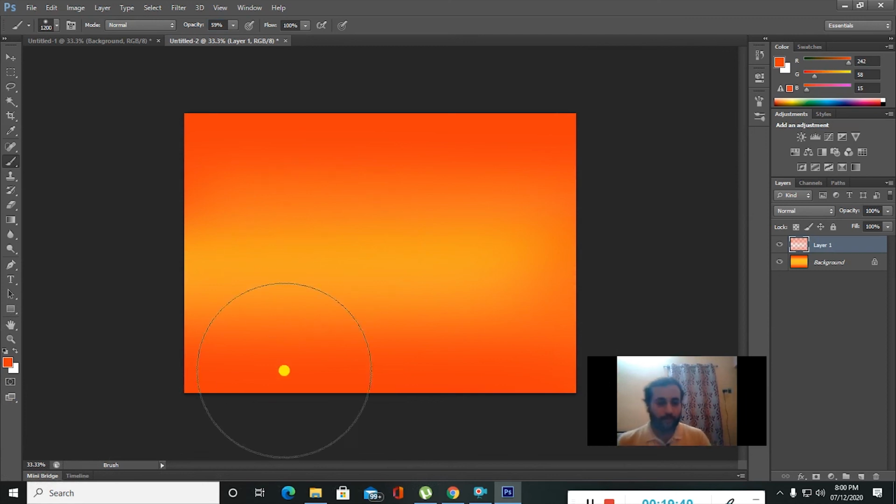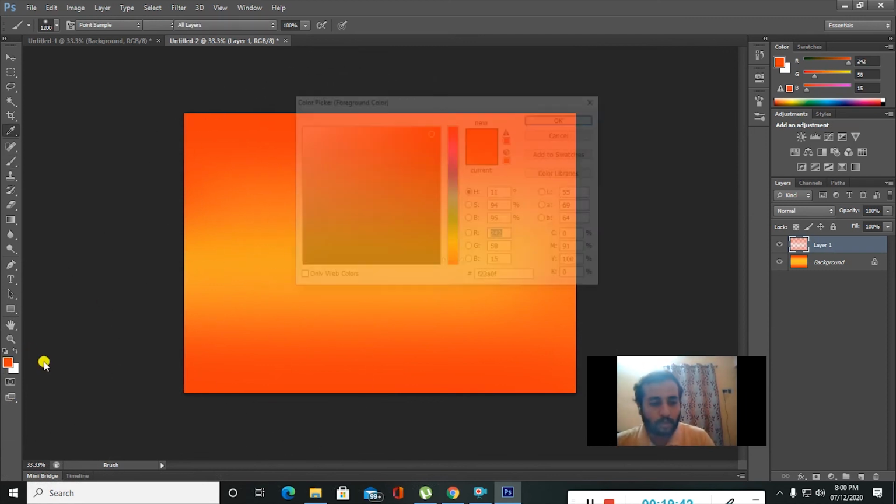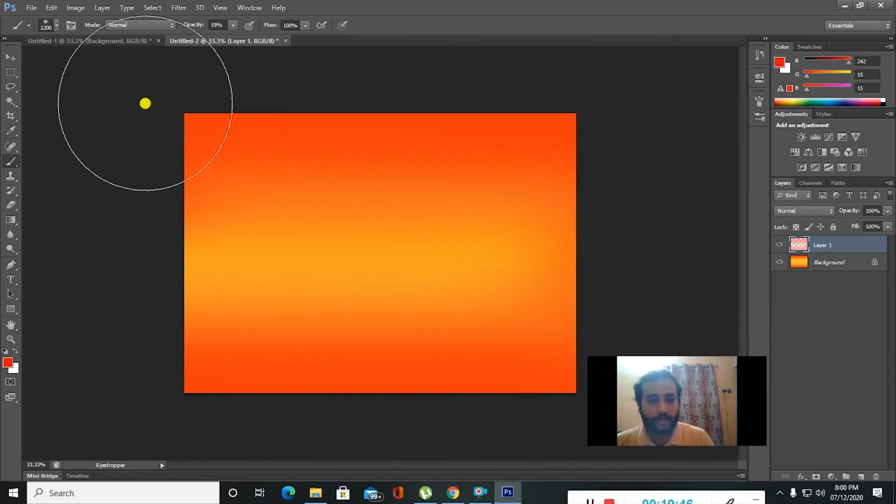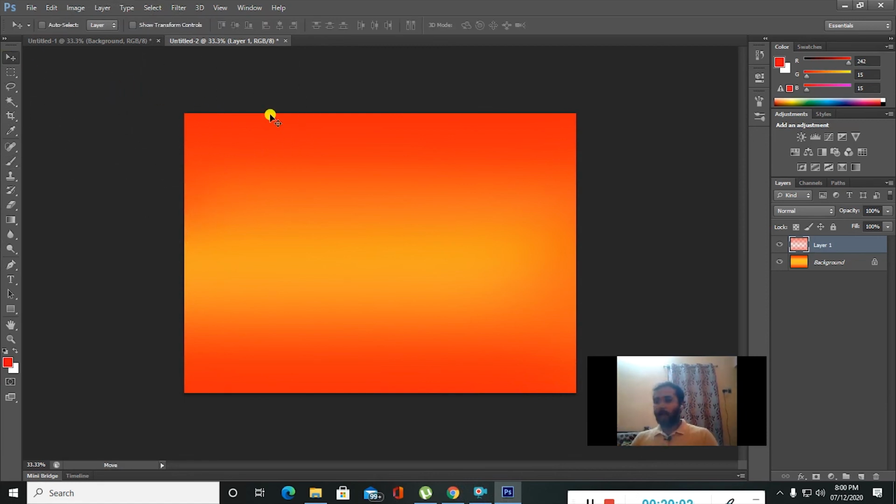In case you can make it a little more darker, go with a little more darker shade. I'll go with red. If you see my brush pointer, I'm keeping this size as 1200 to get a better output. Like this you can create beautiful color backgrounds. You can use this type of background even for album designing, or if you want to create some sceneries, you can try creating this type of background.